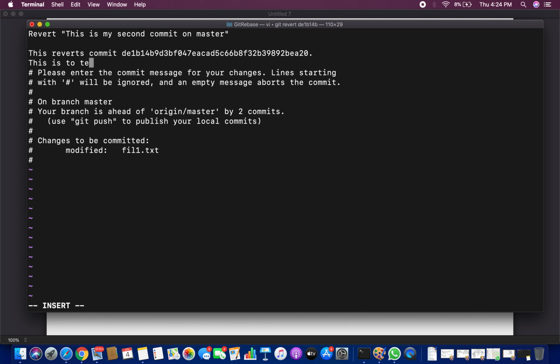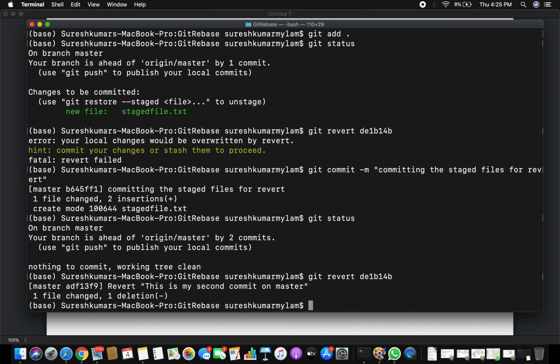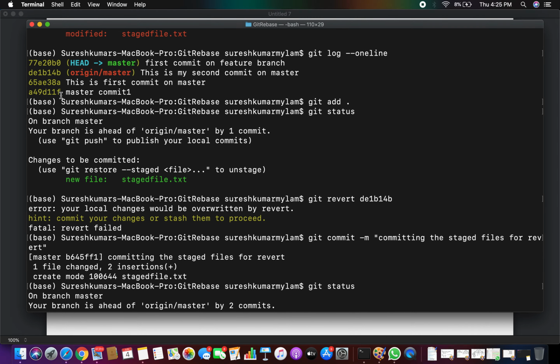This is to test git revert. Escape, colon, wq to write and quit. Okay, now we actually performed a git revert, and let's verify how many commits are there on the master. Earlier there were 4 commits.